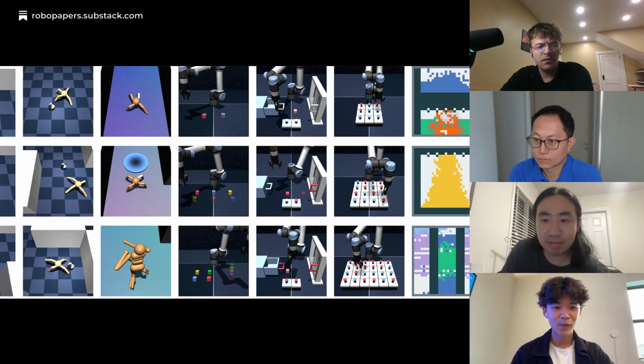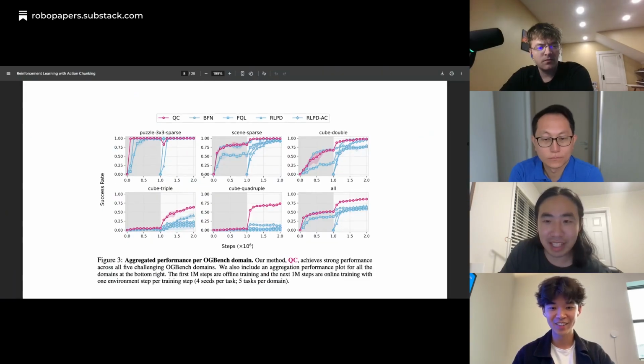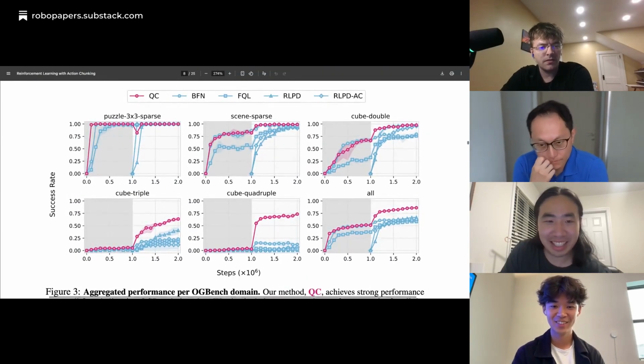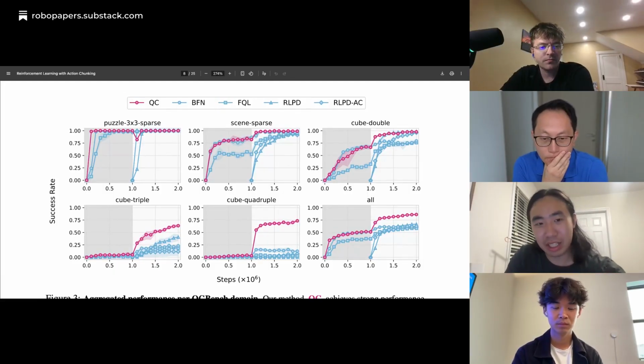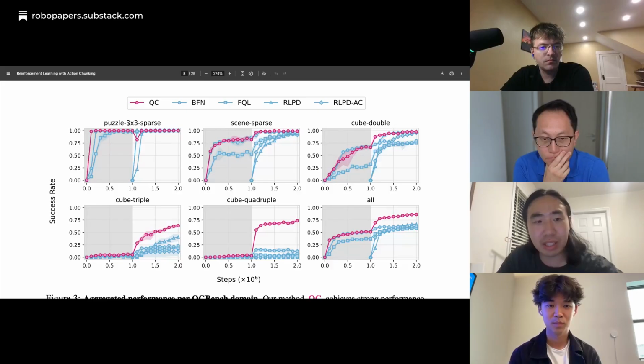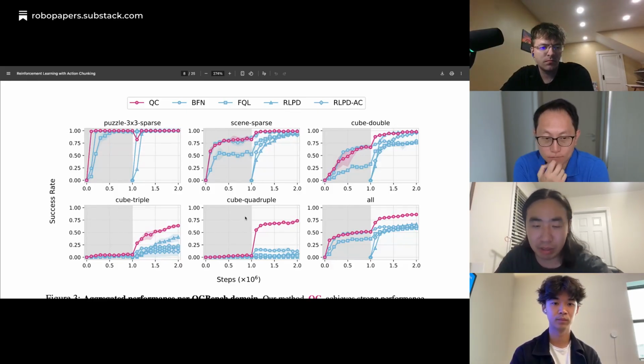Okay, then maybe with this context, we can go back to looking at the results again, and things will make more sense. As I mentioned, they're sorted from easiest to hardest, where puzzle is the easiest, then scene is slightly harder, then cube triple and cube quadruple.